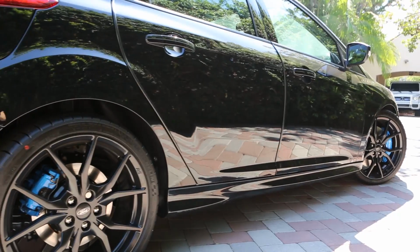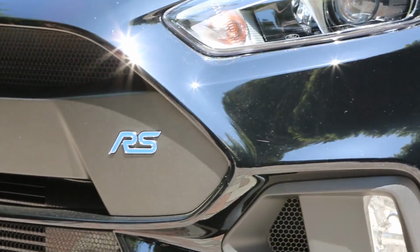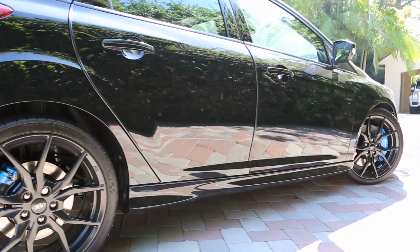This is black. Carter always gets the meanest, best spec'd out cars, and he did it again. He got the black one and all the blue stitching. You guys know blue is one of my favorite colors. All the blue stitching everywhere with the blue calipers outside, the blue RS logo. It might be something so silly, but I love it. I really do. I love the way it looks outside, aside from the damn doors that look like they're open